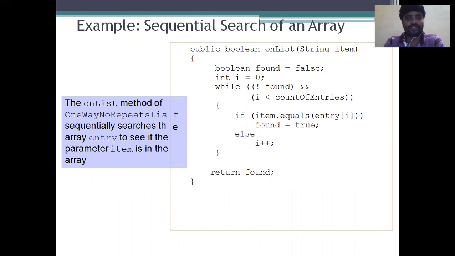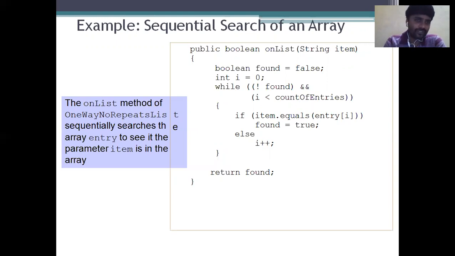First, we can see here the different types of data structures. Boolean data is there. How does it work? The on-list method of a one-way no-repeat list sequentially searches the array entries to see if its parameter item is in the array.